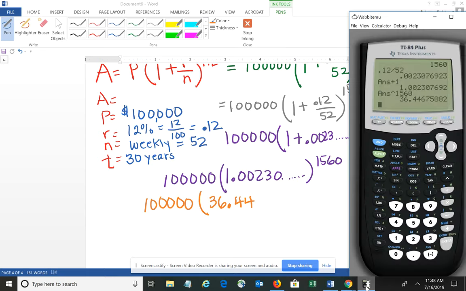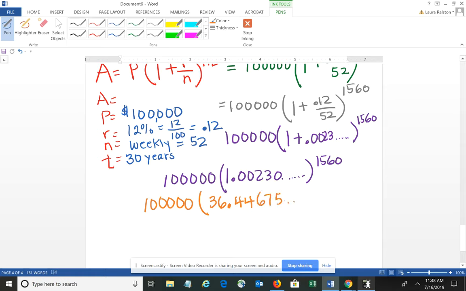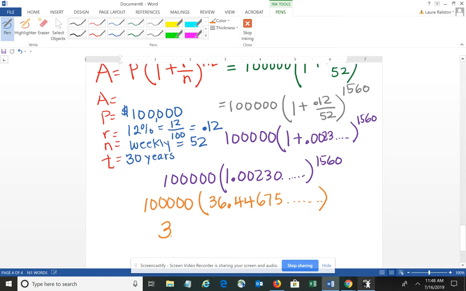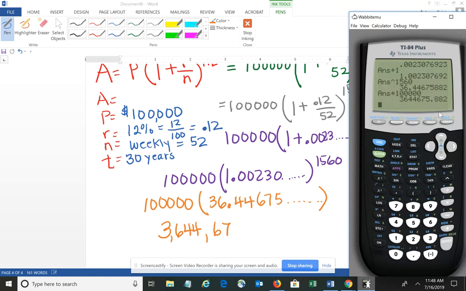And again, you want to carry all the decimals out. It's already in the brain. 675. Then we're going to multiply it, in this case, by 100,000. So we do times 100,000 equals 3,645,670. Let's see, it would be 675.88. The 8 is going to bump the 5, so we're going to end up with